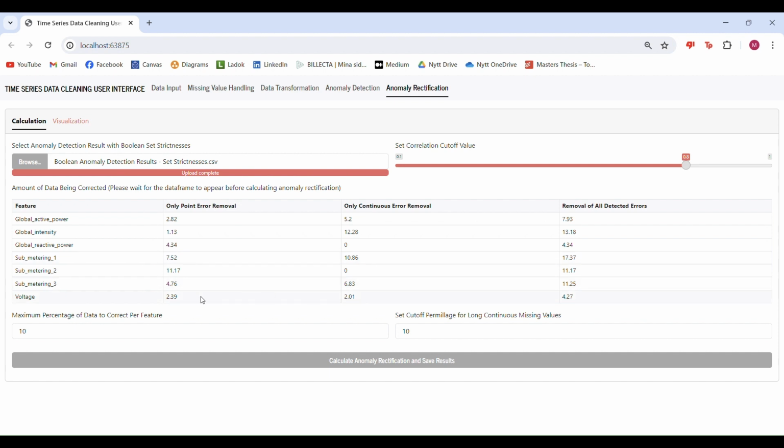For voltage, I'm going to correct 4%, but my cutoff is 10%. So for example, here with submetering 2, I would have to correct 11%, but it won't correct it because I set my cutoff to be at 10%, so it won't do anything with this one. So if I click on calculate anomaly detection results,